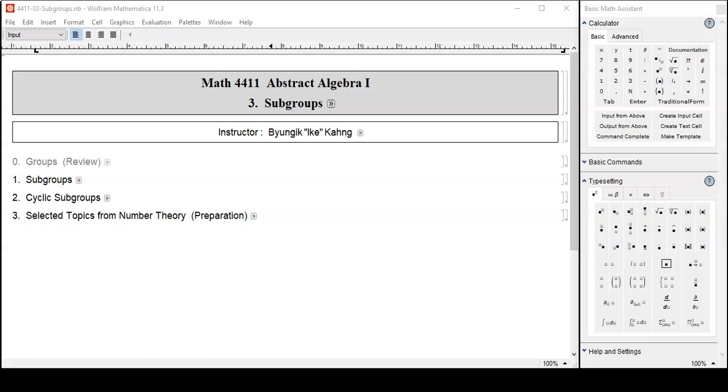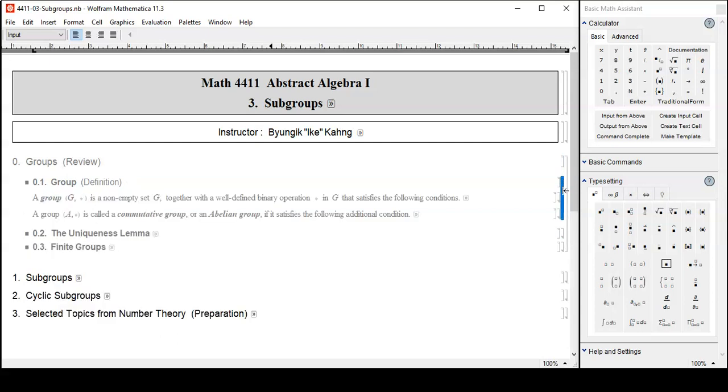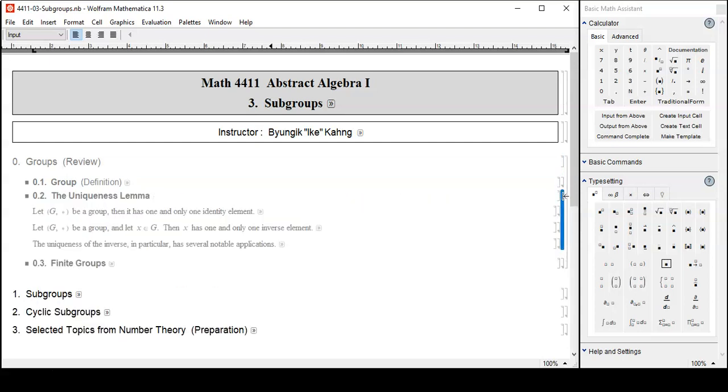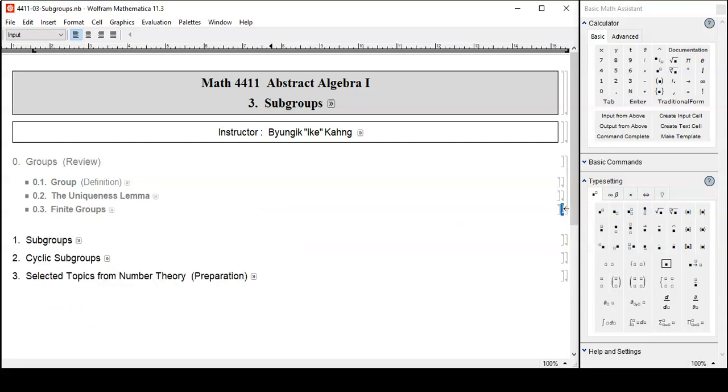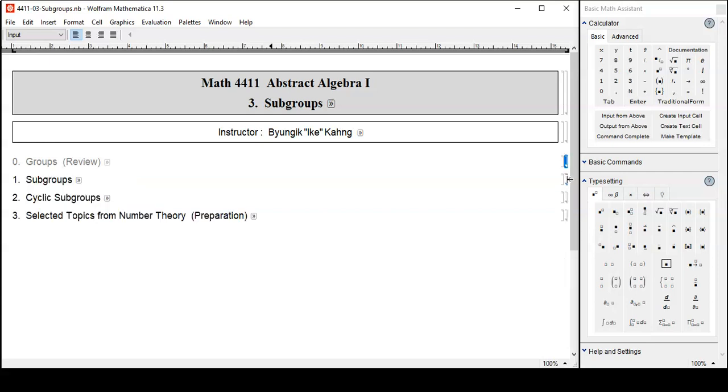Previously in Lesson 2, we went through the groups in general, and here's a skeleton version of the summary. So if you need a review, but if you don't want to go all the way back to Lesson 2 and restudy everything, well, here is a skeleton version. Otherwise, let's go to Section 1,